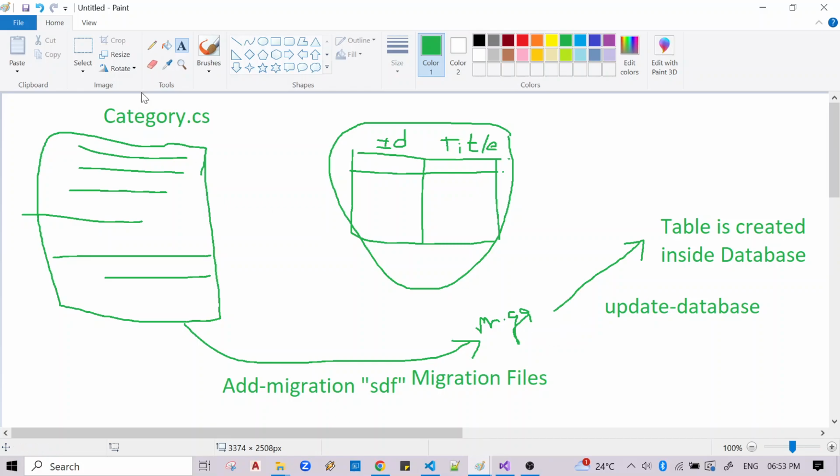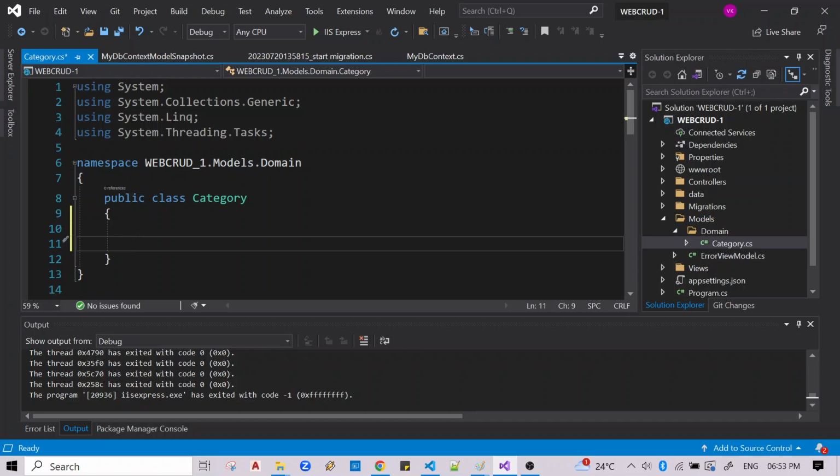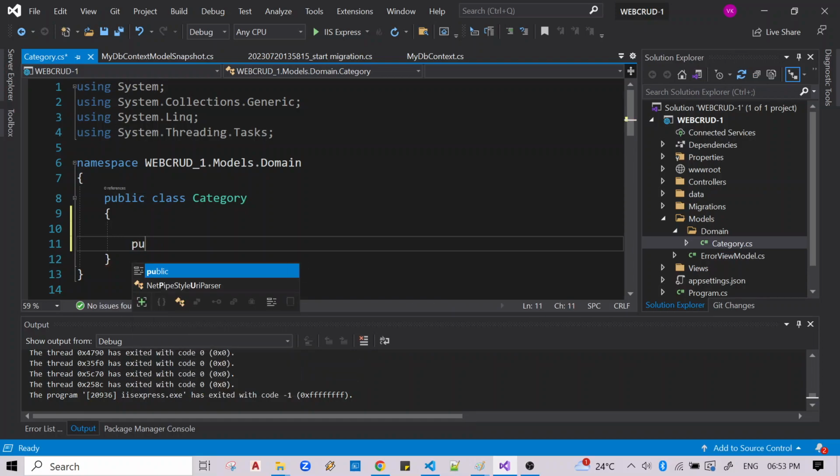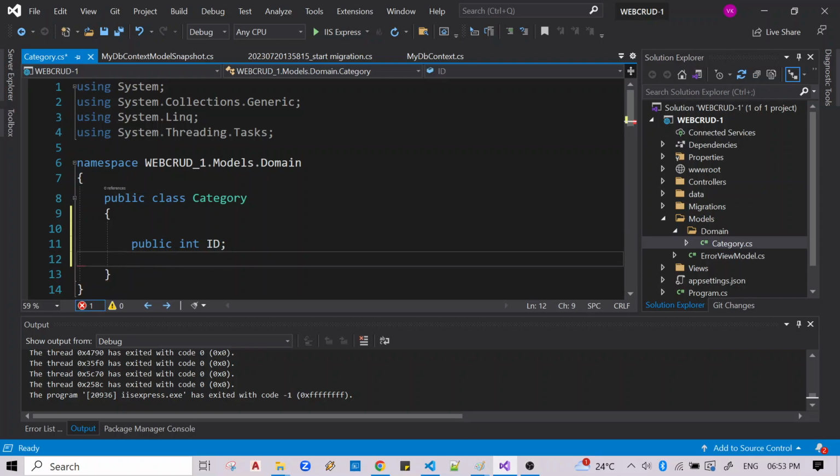Okay, now first I am creating, I already created a category.cs. Now here I am going to add the columns. I am just going inside the code. So here, public integer. Okay, the first one is id. Public integer id. So what I did, I added everything like a normal type, but